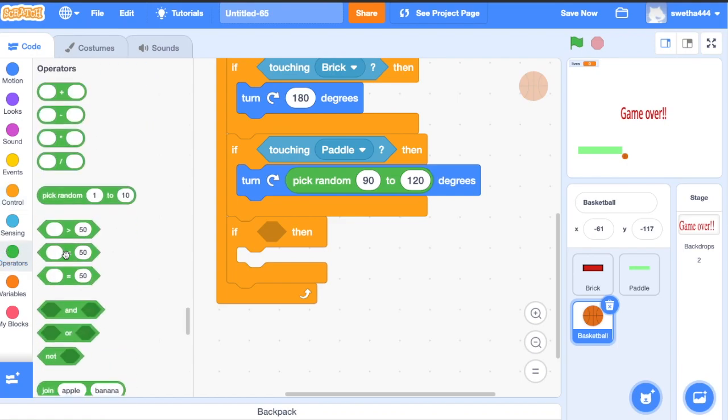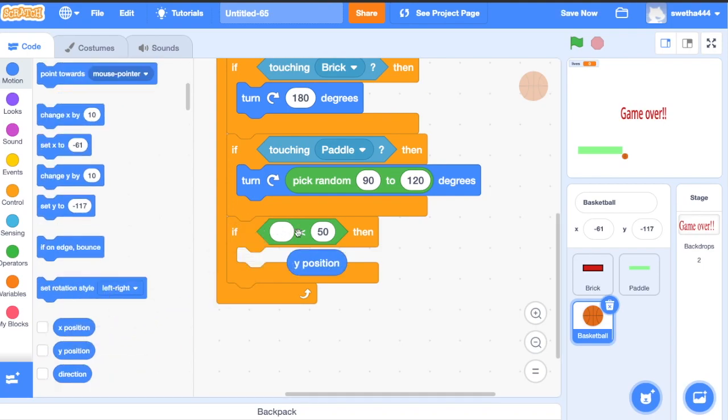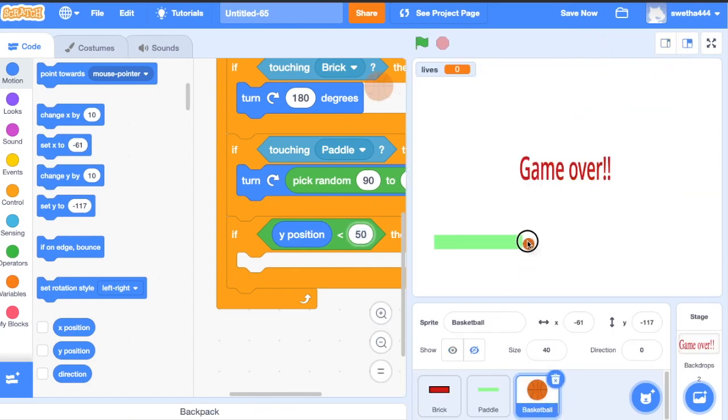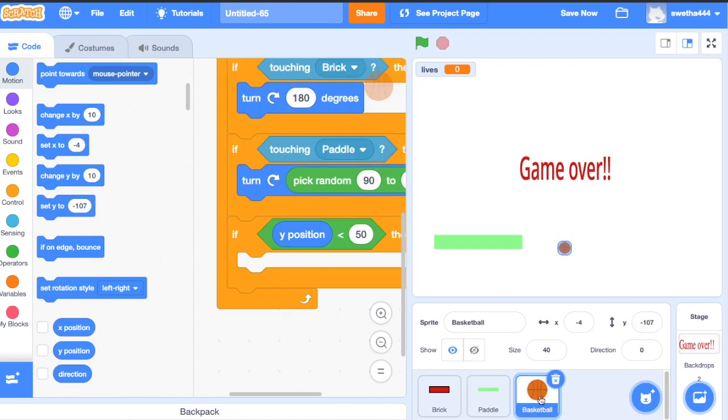Click on operators, drag less than, click on motion, drag Y position is less than the paddle Y position, which is -92. Okay, click on ball.